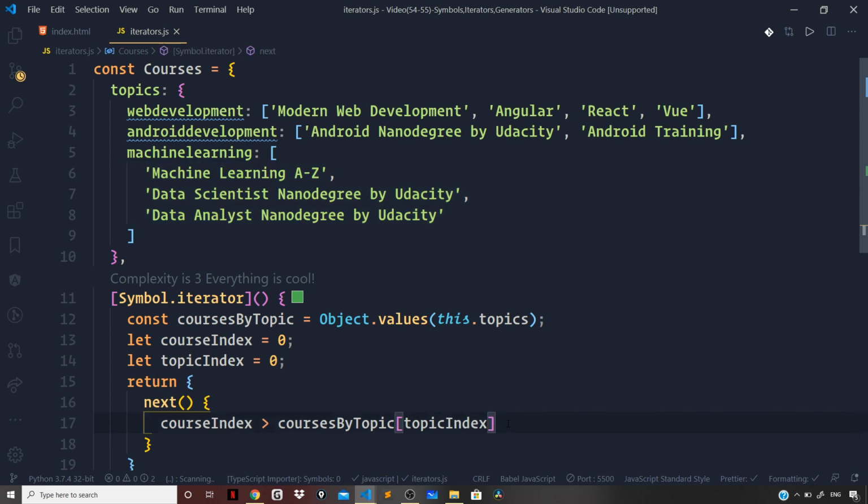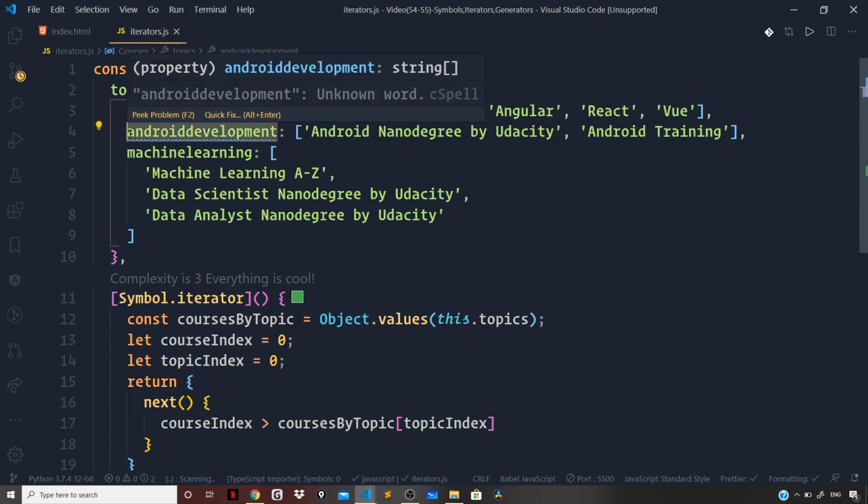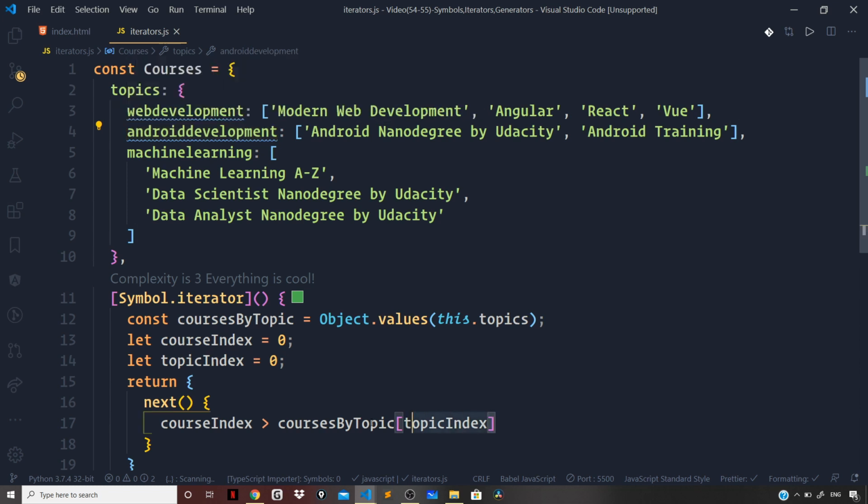So the check here will be that if the course index is greater than or equal to 4, which is for the very first topic, web development, then we will increment the topic index to move to the next topic, which is Android development, and set the course index to 0 as explained for the next topic. So let us write that check here. If